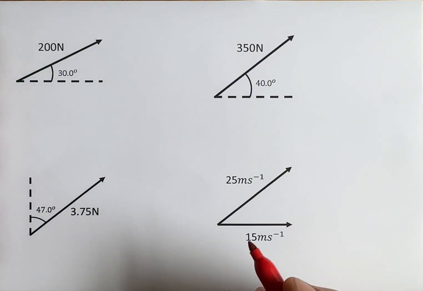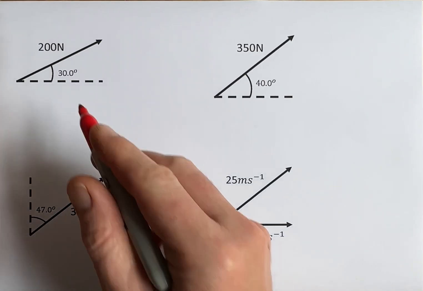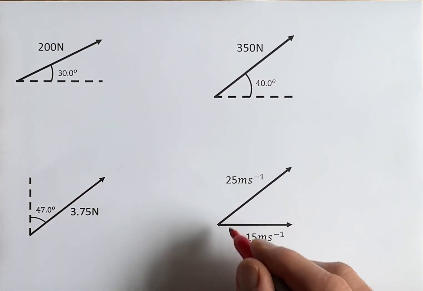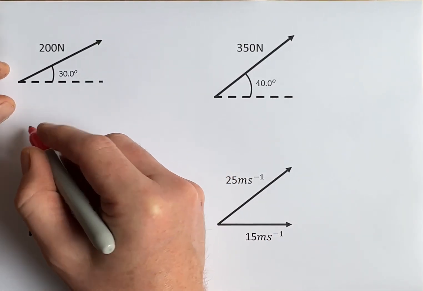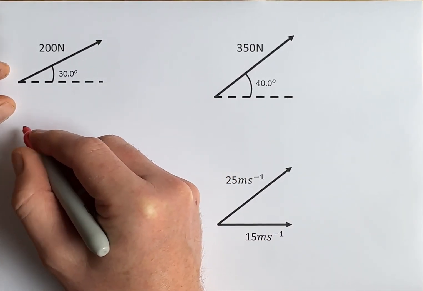Right, here we've got some forces at angles to the horizontal and vertical, and we want to work out the horizontal and vertical component of each of these forces. This one we'll come on to in a minute, slightly different. So to do this, we're going to draw our